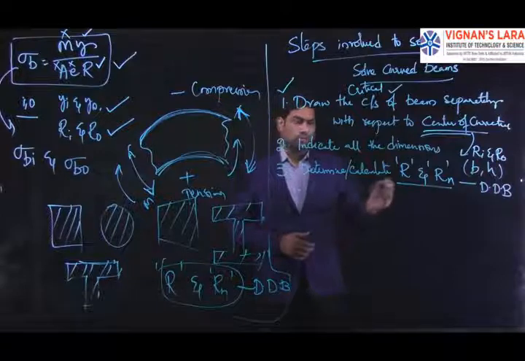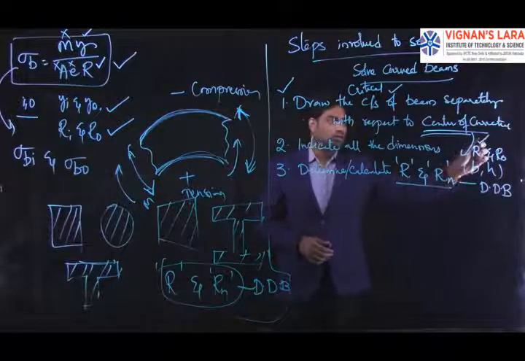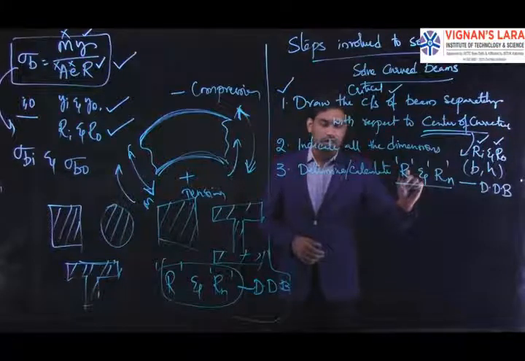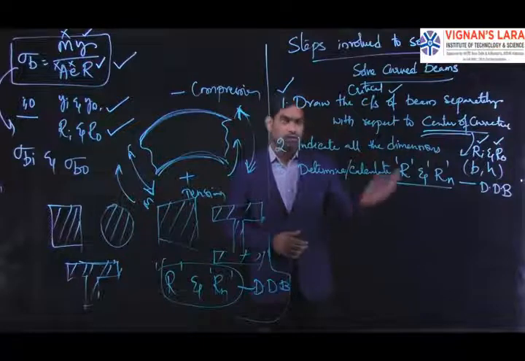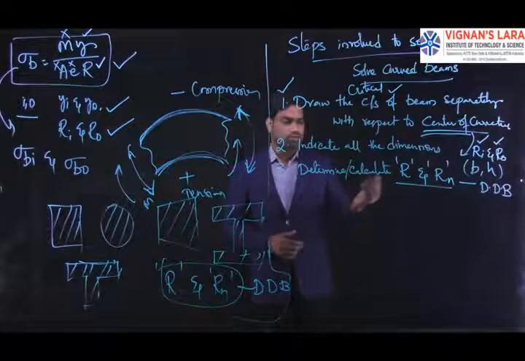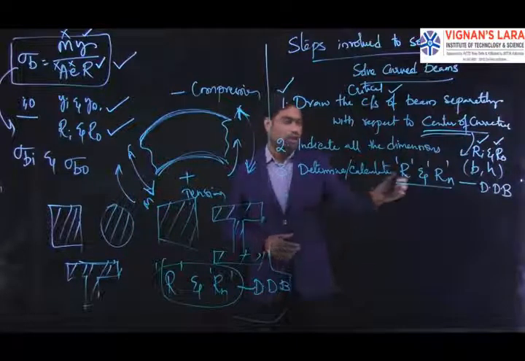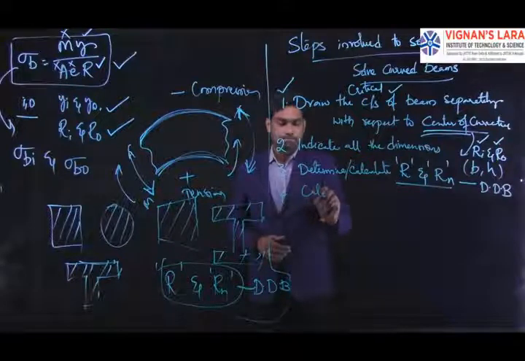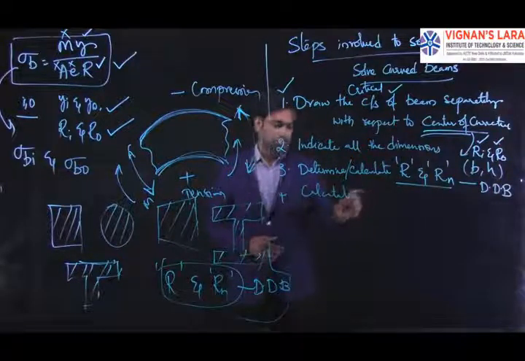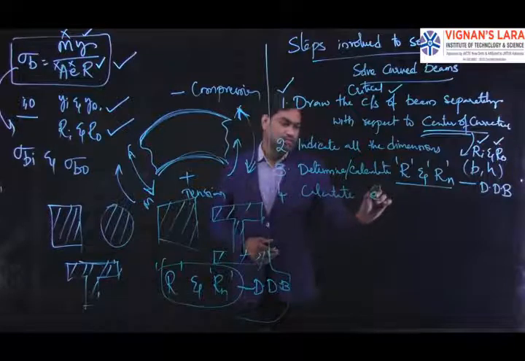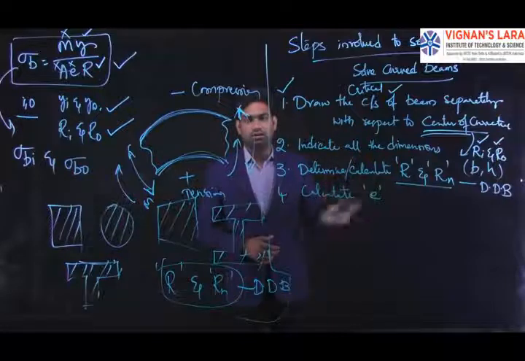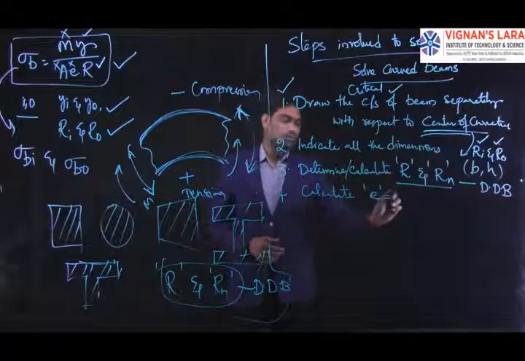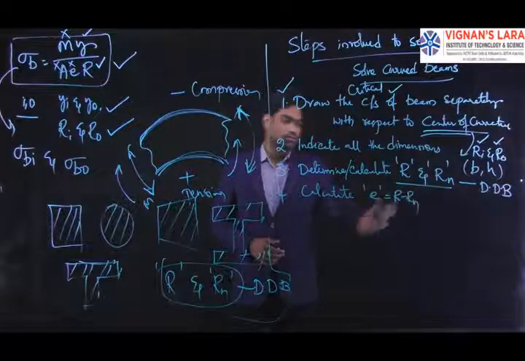Clear? So we can find out all the radii of curvature, that is Ri, R0, R and Rn. All the values of radius of curvature are known, so we can denote them in the diagram. After finding the values of R and Rn, we can calculate the offset distance between the radius of curvature to the centroidal axis and the neutral axis, that is a small e. We can find it by means of R minus Rn.